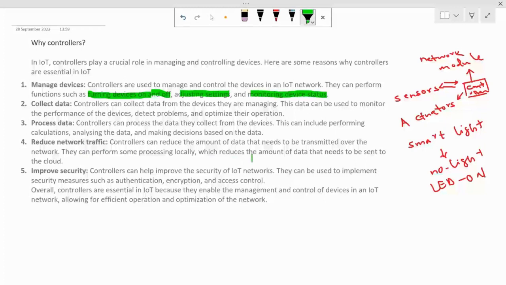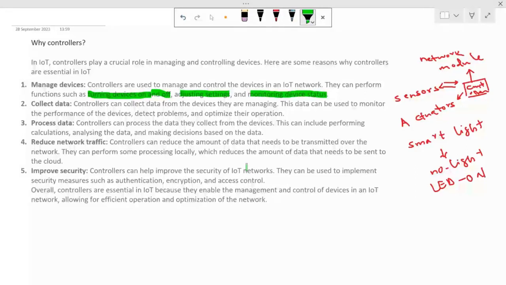So again, in IoT devices, the first processing of the physical data happens at the controller level only. We will see how it actually happens in future lectures. From the sensor we get the raw data. It is the controller which makes it meaningful and sends it to the cloud.